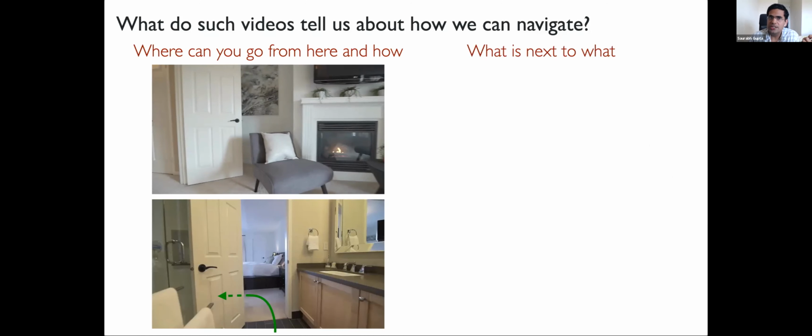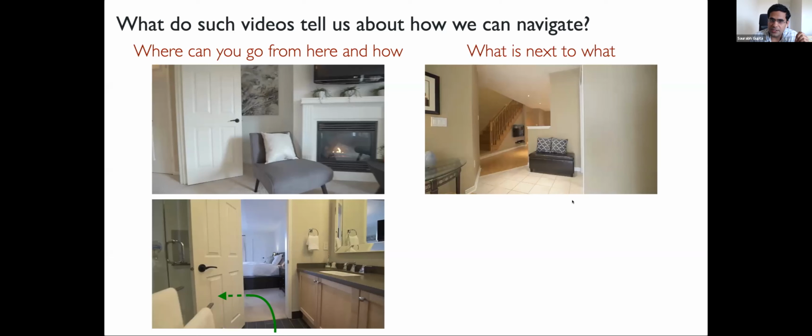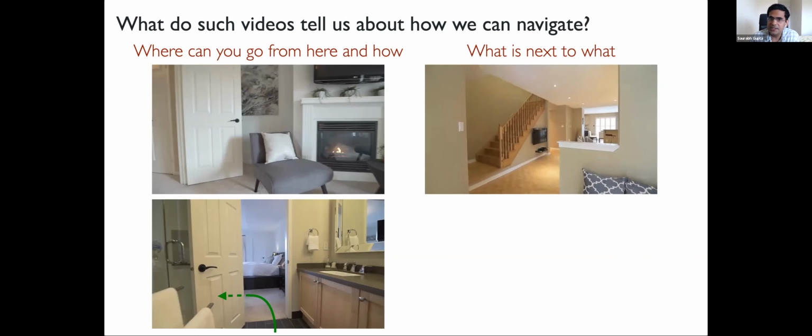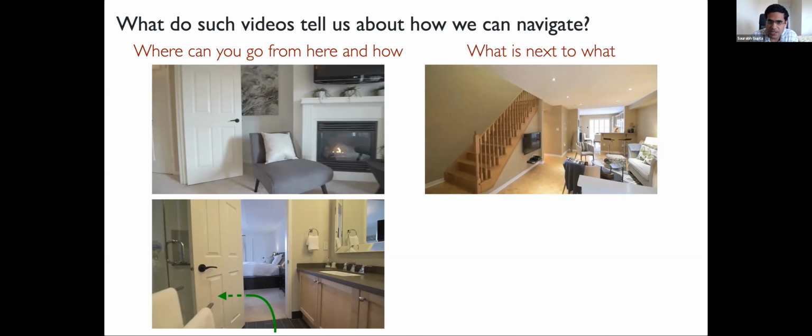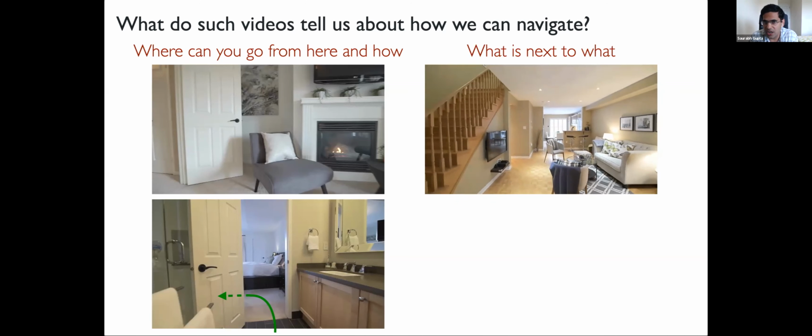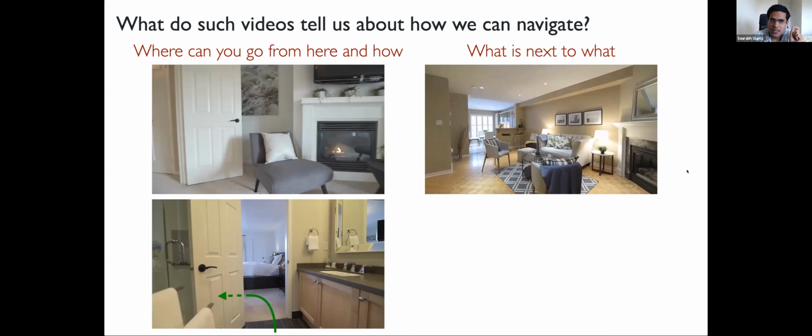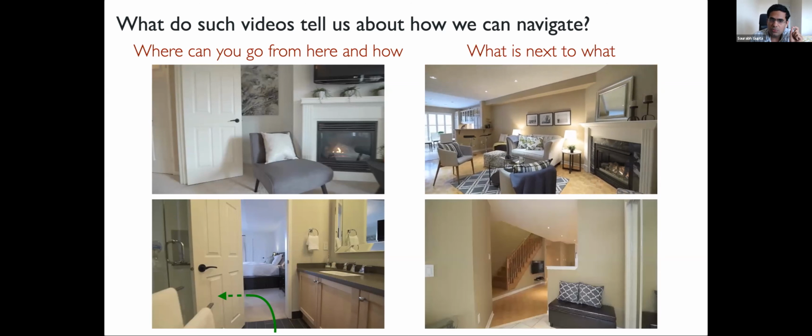These videos also tell us what is next to what, right? So again, if you have been in lots of other houses before, and in some other house, you saw this kind of a trajectory where you walk into the entrance and then you turn around and now you see a couch, right? Now, if you see this trajectory in this video, this will allow you to make this inference that from the first image, if I were looking for a couch, then there's a couch around the corner and I can find it, right? So, we have been working with this insight for quite some time, and we have been developing